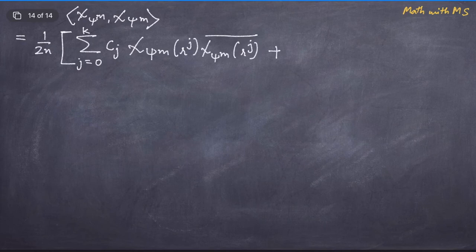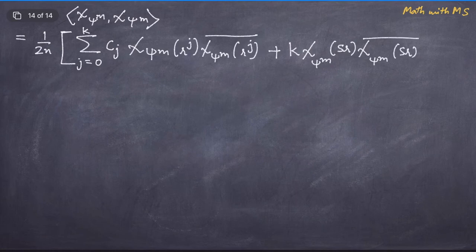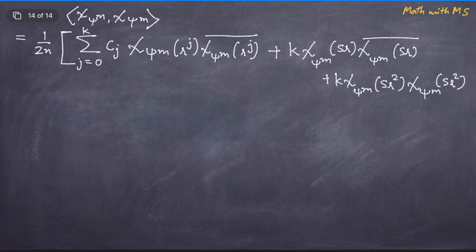Then there were two additional conjugacy classes, namely the conjugacy class of the element sr and the conjugacy class of the element sr square, and each of them has precisely k elements. So that is k times chi of psi m of sr into chi of psi m of sr bar plus k times chi of psi m of sr square into chi of psi m of sr square bar,